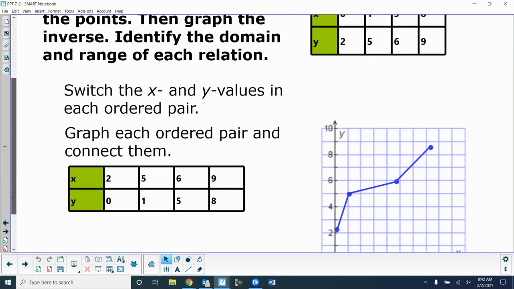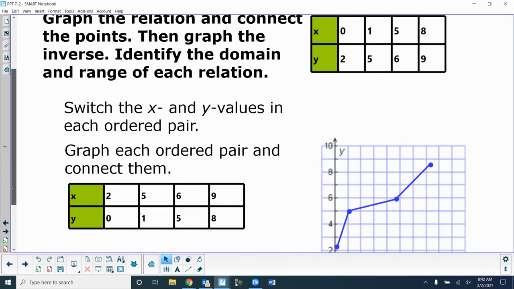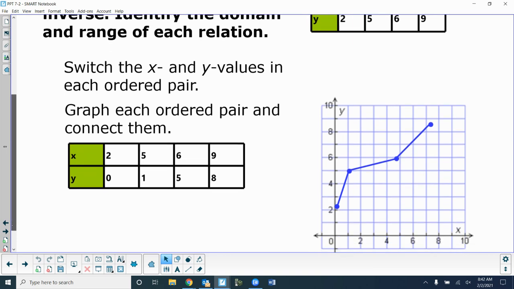Okay, so there's the graph of it. See it? A little bit off, but that's what it looks like if you plot those points. If I switch the x and y's, I make the x 2 and the y 0, I'll get